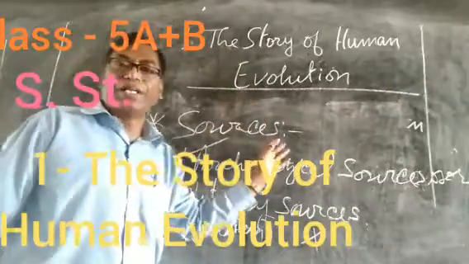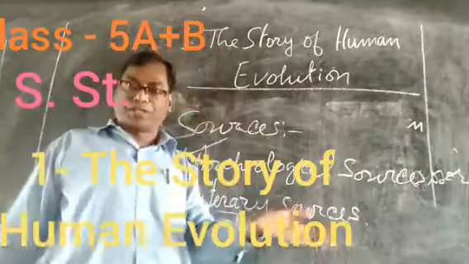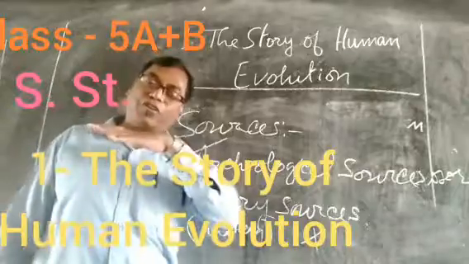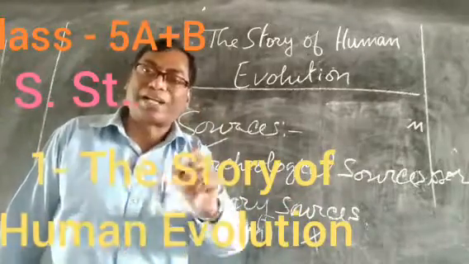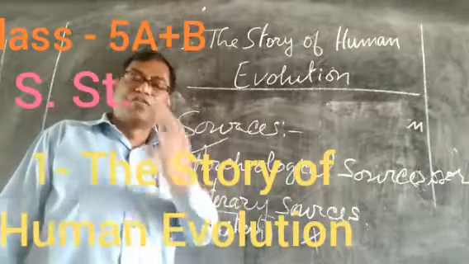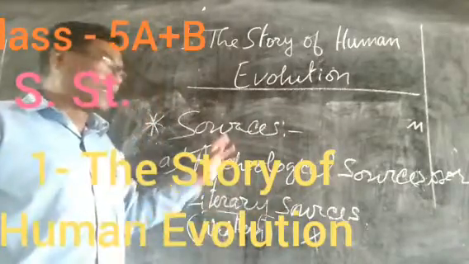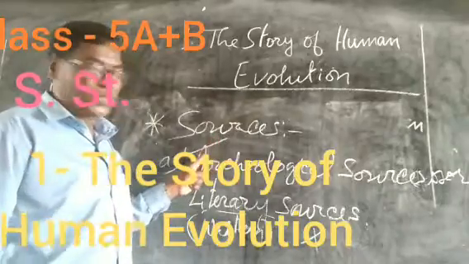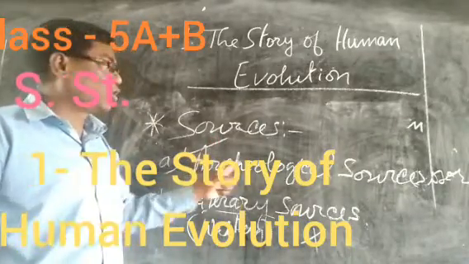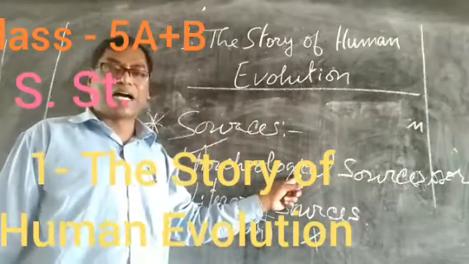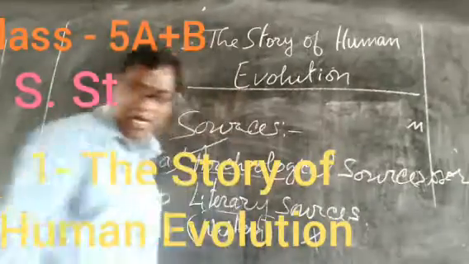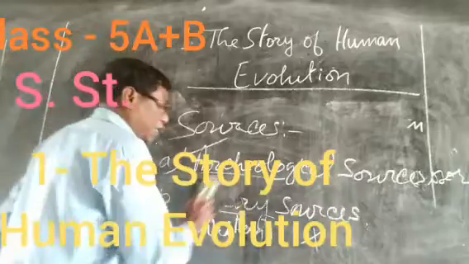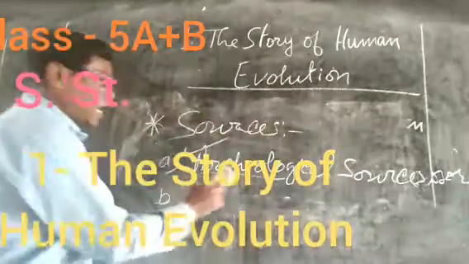things took place in the period of prehistory. Prehistory means before history started, before history was written down and records were taken. Before that it took place, and therefore we have only one source, and that is archaeological source. We have got archaeology. Now, what is this archaeological source? I will define archaeological source.